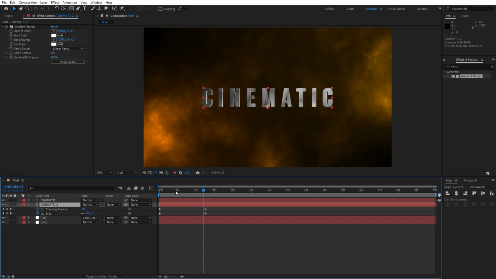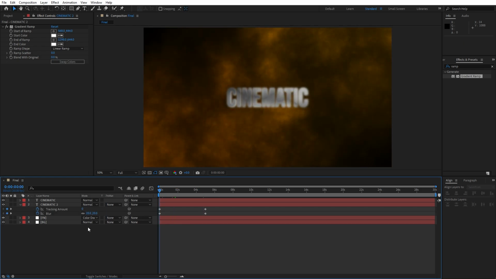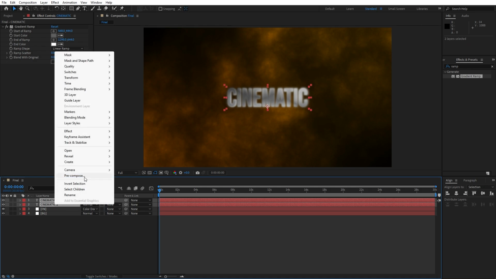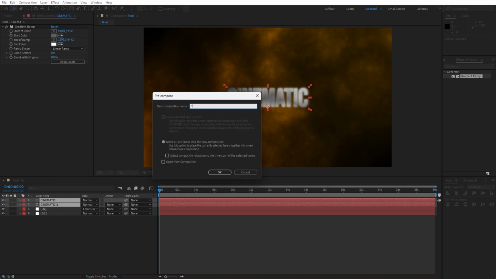Hit U to show all of the keyframes. And for the blur for this first keyframe, I will type instead of 20, just 10. Alright, and now let's pre-compose cinematic and cinematic tool text. Select it, right click and then pre-compose, and I will just type here text, select the second option